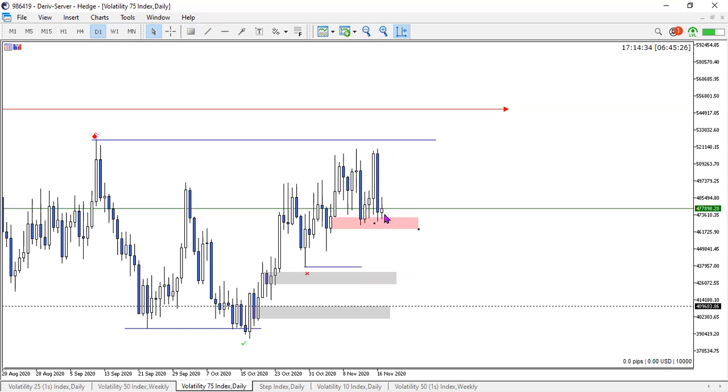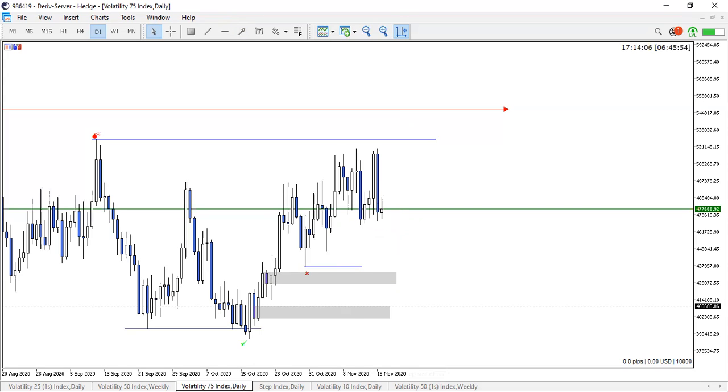So we want to see if it can do a retracement. Possibly what we might see is it coming back to retest half of this engulfing candle or something like that before we see it continuing to the downside into around these areas here, or just continuing back to the upside, because bearing in mind the weekly is bullish, the monthly is bullish, but I am anticipating that we will see this revisit down into this gray zone at minimum, right?